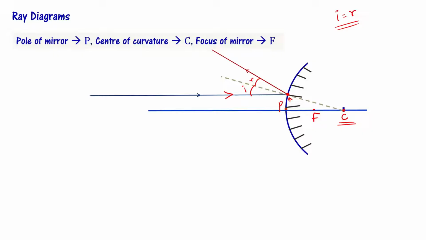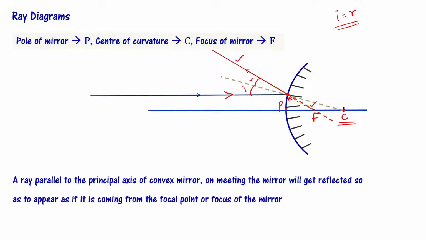Now what I want to do is, I want to extend this. When you extend, actually it is passing through the focus, right? మీరు చూస్తే కనుక యాక్చువల్గా ఇప్పుడు ఈ రెడ్ కలర్ లైన్‌ని ఈ రెడ్ కలర్ డాటెడ్ లైన్‌ని కలిపి చూసారనుకోండి, you may say that the reflected ray is looking like it is coming from the focus. అర్థమైందా? So let's write that.